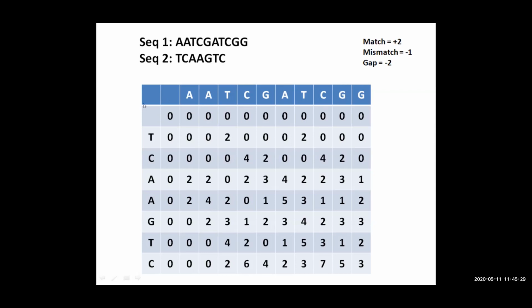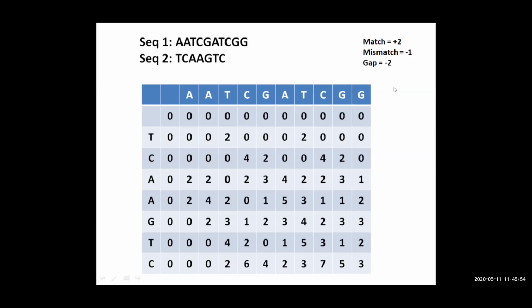As we did previously, we are placing the two sequences, one in row and one in column. So in the first row and first column, we have placed the sequences. Then we have left the first two cells in the row as well as the column as we did earlier. And this is the starting point. It starts with 0. That we already know.